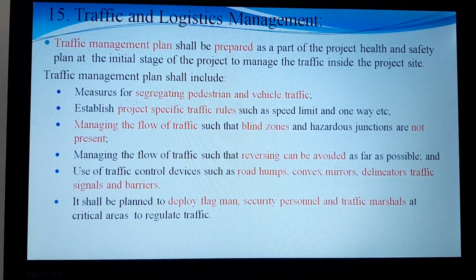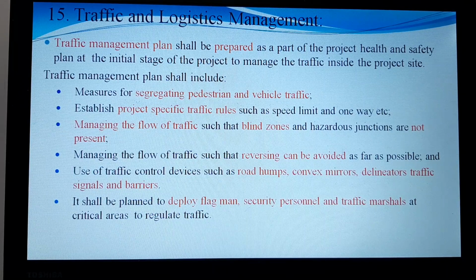Coming to the 15th point, it is traffic and logistics management. We all know that in a job layout, we know where each and every activity is happening, where the real work is happening, where the materials are, where the canteen is, and everything clearly. So a proper strategic traffic management plan has to be prepared, and this should include measures for segregating pedestrian as